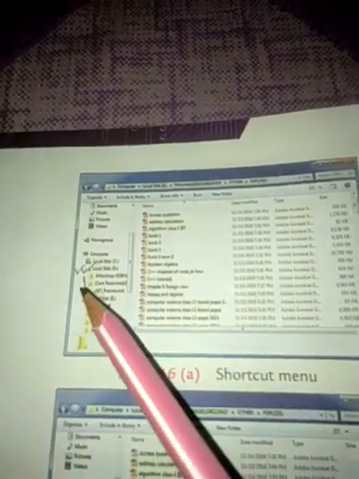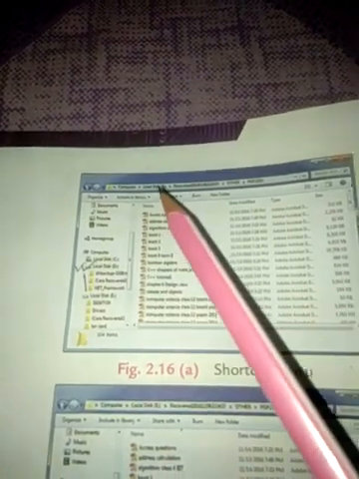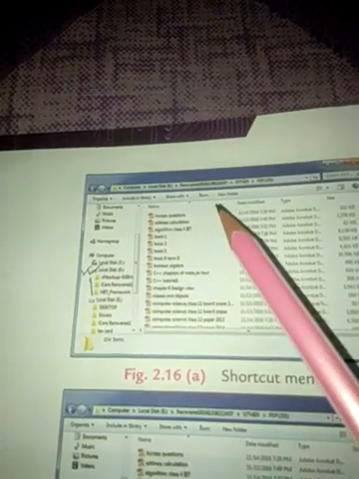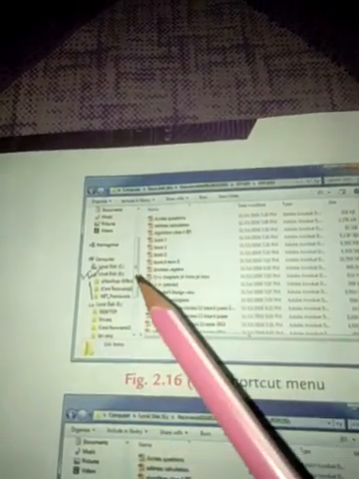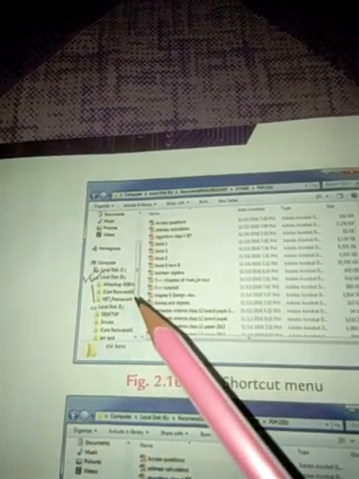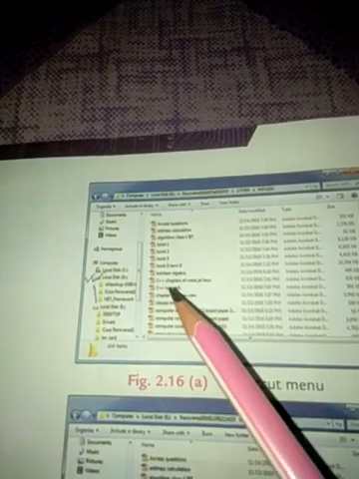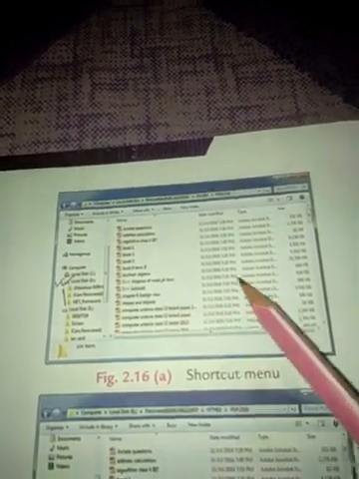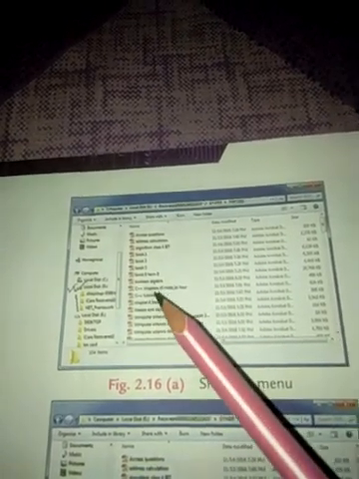And there are two panels. This is the left panel and this is the right panel, and these are the empty areas. After the selection of E or any disk, depending on our choice, once it is done, we will have such an interface of the shortcut menu of that selected drive.